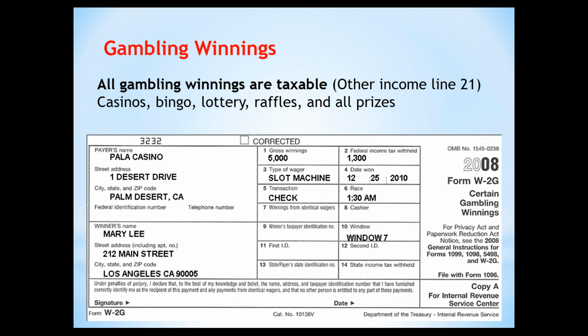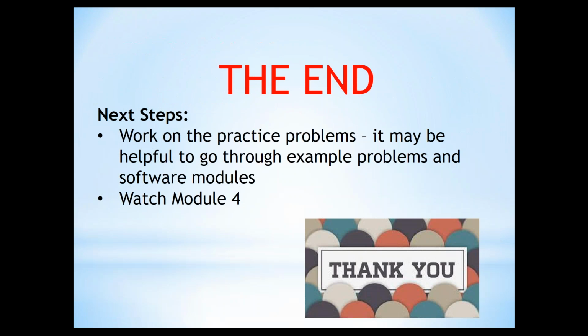loss information. I will say that some of these gambling winnings, these 1099 or these W-2Gs as they're called, gambling winning forms, have a lot of information on them, but it's not too tricky. Again, you just transpose all this information from this form directly into the software. These forms look pretty similar. They vary just slightly from casino to casino because they all print their own. But you'll see this is the basic information that's on all of those W-2G forms. So those are the major